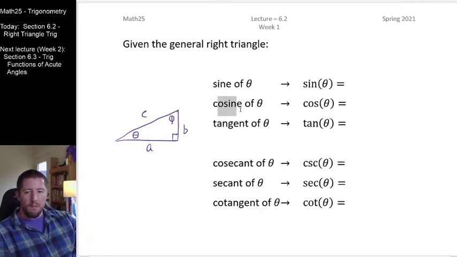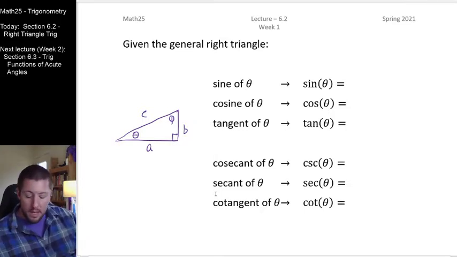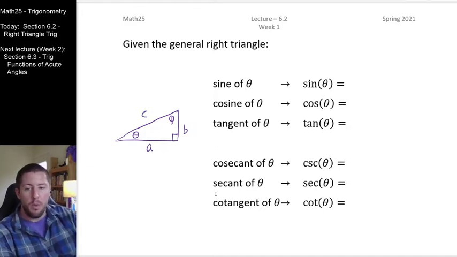The long form English word is cosine. It is mathematically notated just as cos. Tangent, tan. Cosecant is csc right here. So they're all abbreviations saying these are functions, right? So what we're going to see with these side length ratios right here is we're going to come up with a way relative to theta to describe all of these. Relative to theta,